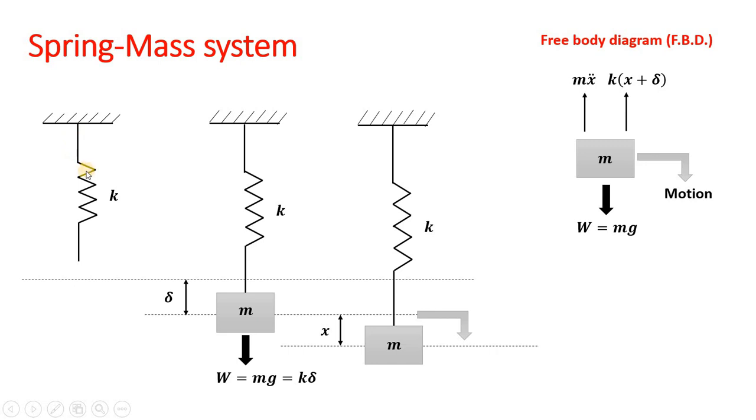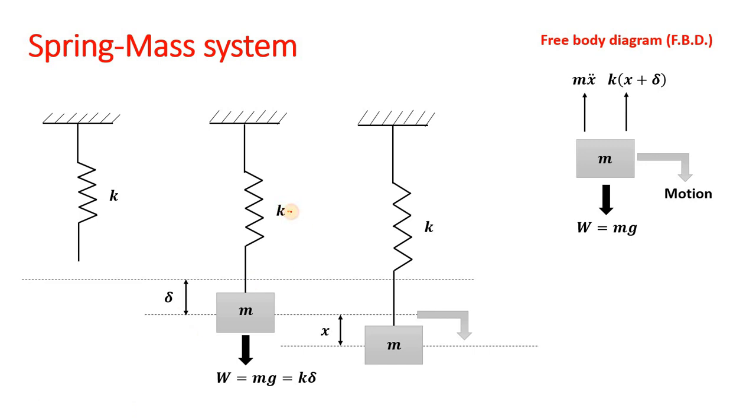So here we have shown only the spring which is having a stiffness of K, then it is subjected to the mass m, or mass m is attached, and because of that there will be a static deflection of delta. Now the weight of the mass will always act vertically in the downward direction, so W is equal to mg, and that will be equal to the spring force, so that it will remain in equilibrium. So spring force is the product of K into delta, because stiffness is force upon deflection.